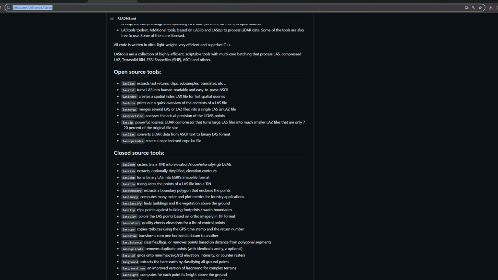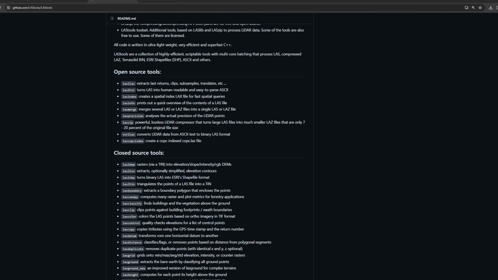So what we're going to do, when you download LAStools, you install it. It's just to the C drive. So I'm going to open up a command line window here. You can run all of this in LASlook as well, which we looked at previously, but this is how I run it. I'm just going to run it this way because I'm the most familiar with it. You can explore LASlook some more if you'd like to.